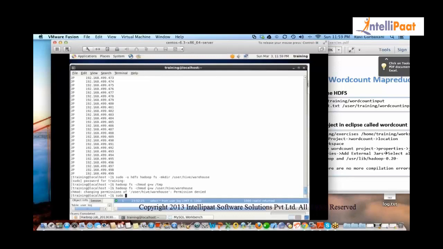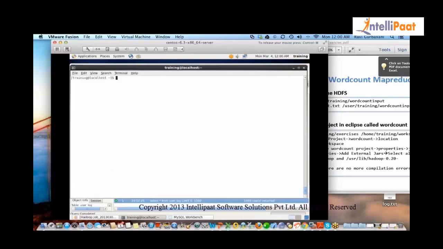Then we say let training have control of the Hive folder, and then there is one command you need to run. I'll explain how Hive works so that you are aware of the internals also. So just hold for a minute. Now let's run the commands.